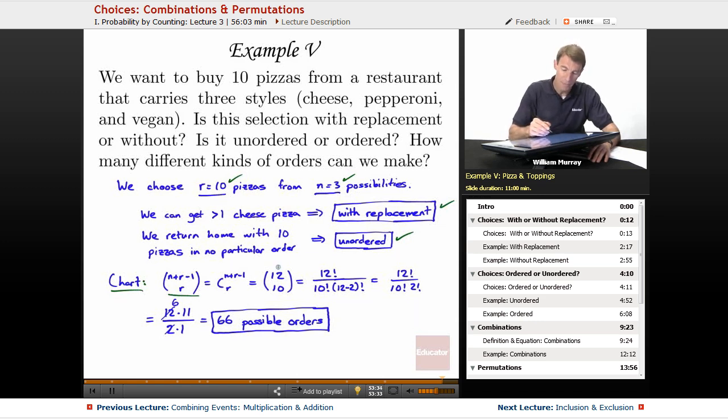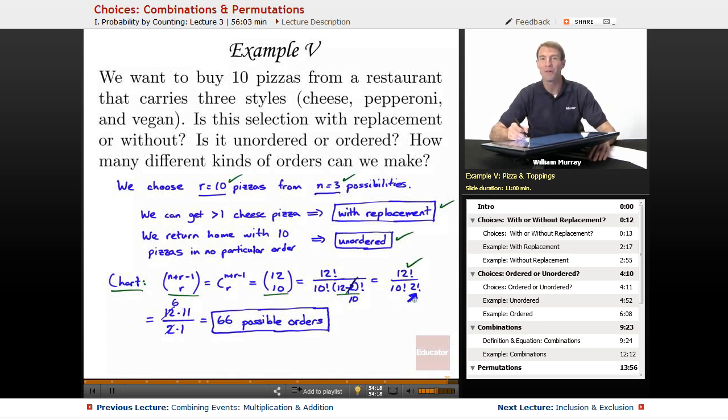And so when you plug in r equals 10, n equals 3, you get 12 choose 10. That's 12 factorial over 10 factorial times, there's a small mistake there. This is why I like to recap, because that 2 should have been a 10. I see I did it right on the next step, where 12 minus 10 is 2 factorial. So that's why I got a 2 factorial on the next step. The calculations are still right, it was just a little mistake right there. So 12 factorial over 10 factorial times 2 factorial,